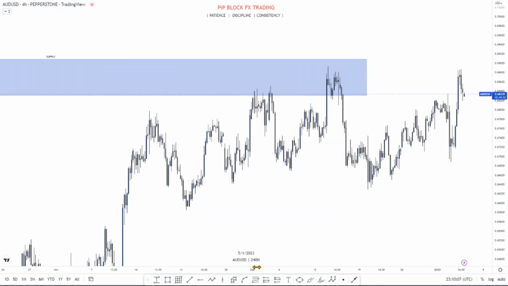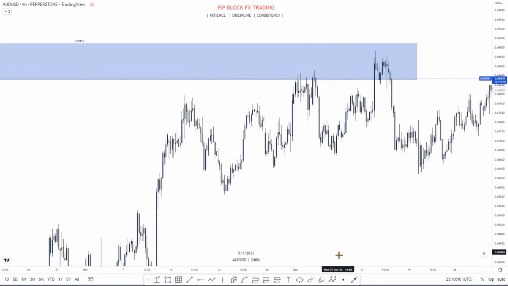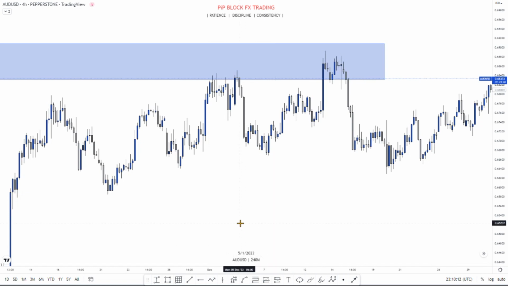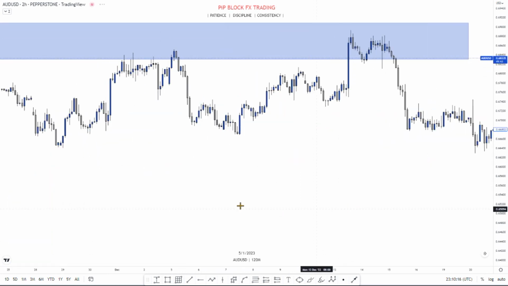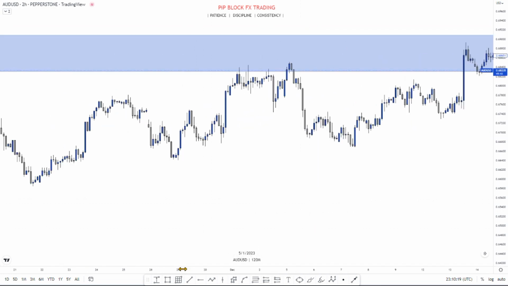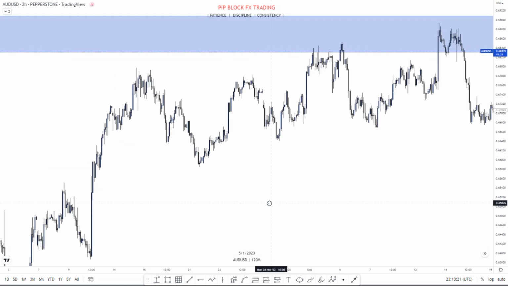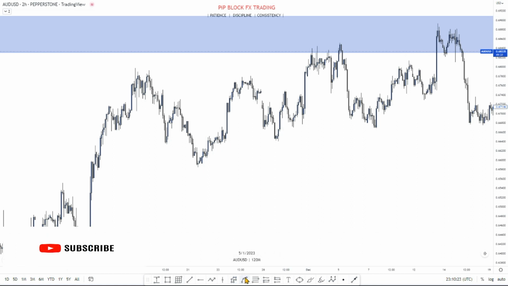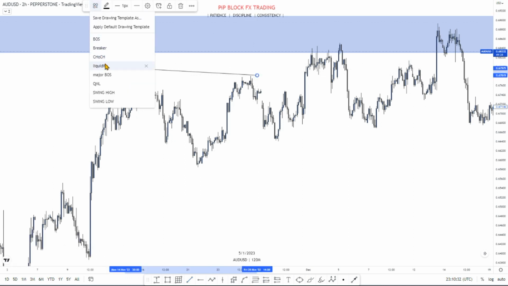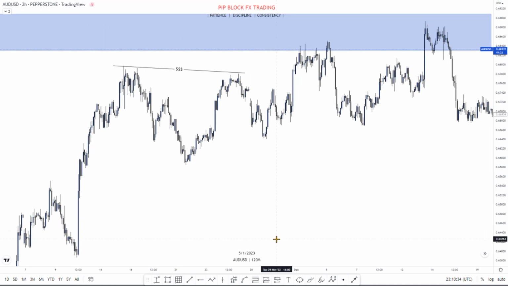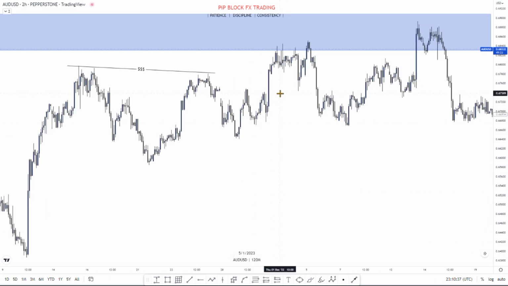Then what do we have here? Now, when you look closely, let me go to 2H. 2H will be better. All right, so when you look closely, you can see that price will give you reasons. You see relative equal lows, so you think, oh, this is liquidity. So you have liquidity right here. Then price went up into the zone,